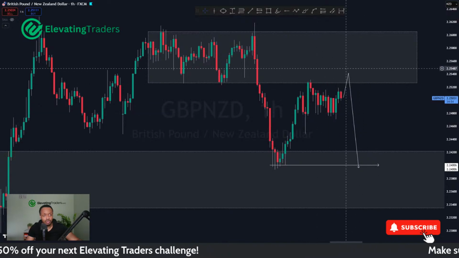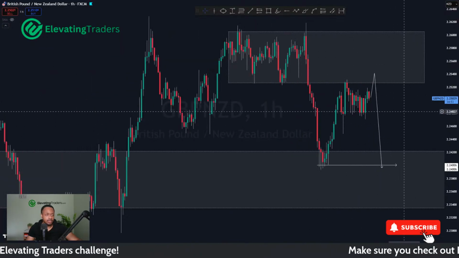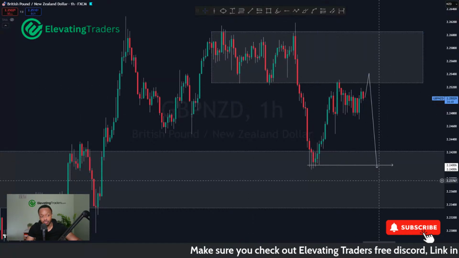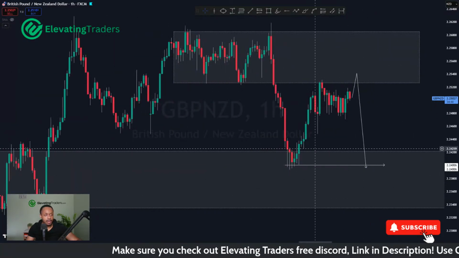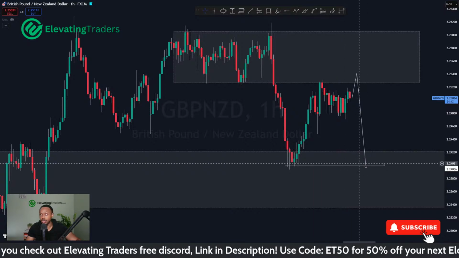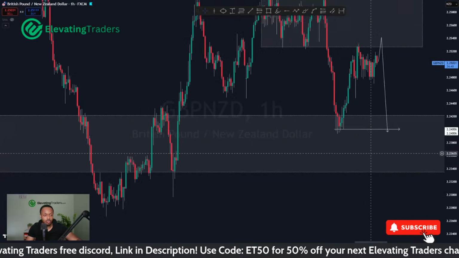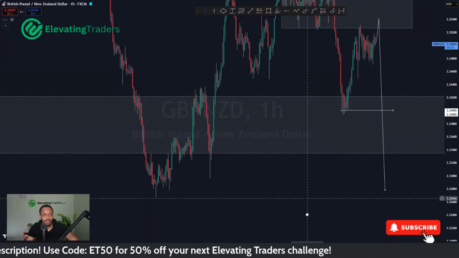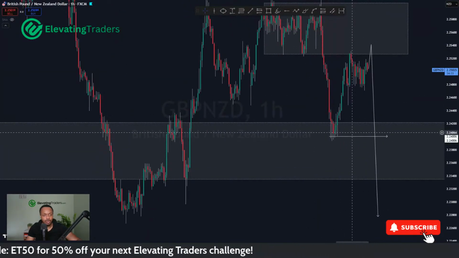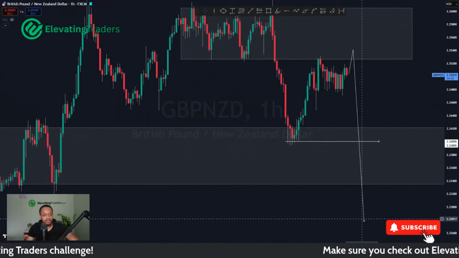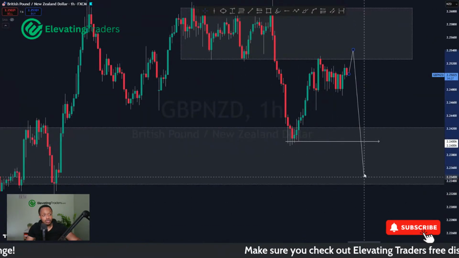If you can get your stop loss somewhere above the highs here, you're in a healthy place, because your expectation is that this level is going to hold for another drop. And yeah, targets back down there make a lot of sense. I mean, that's a big level on the daily chart, as we just pointed out. So I wouldn't try and push past that. We could, of course, sell off to the low here, but I would suggest booking some profits down there first before trying to hold further. But yeah, pound NZD looks pretty good for a short.